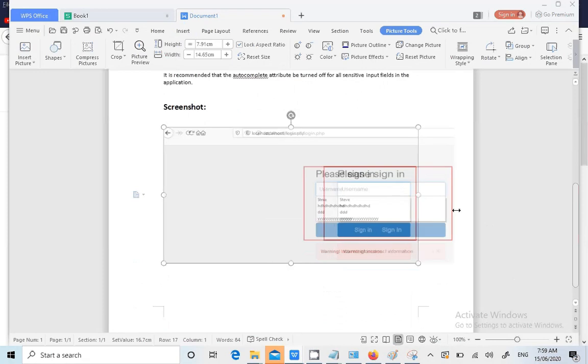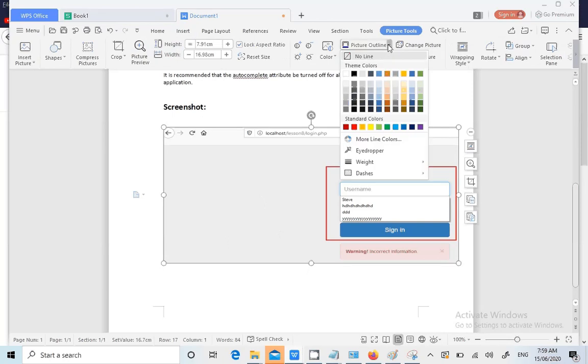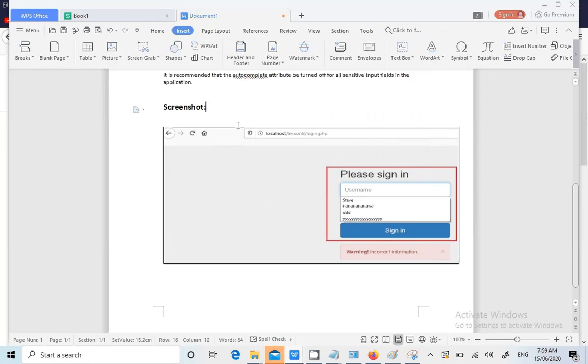Make sure all the images are consistent, and we'll add some border to the image. That is important. Picture outline. I am using WPS Writer. You can use the free version of that. Black, so that it looks like a border. Nice.